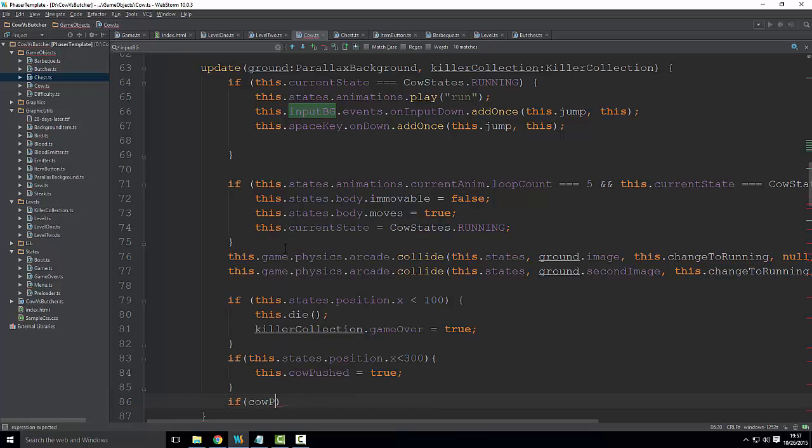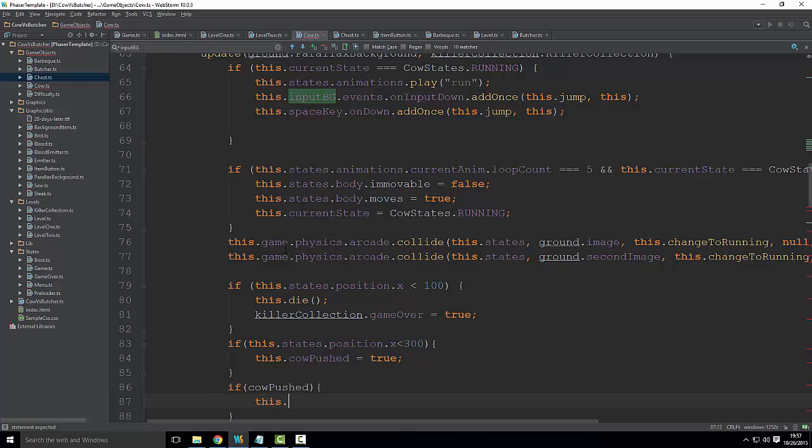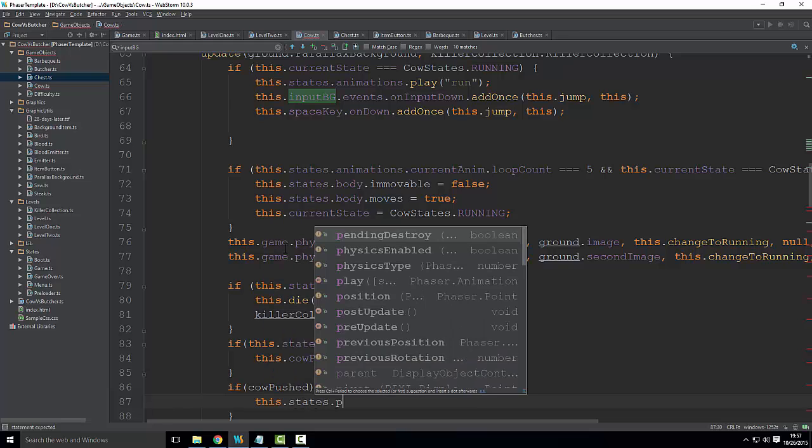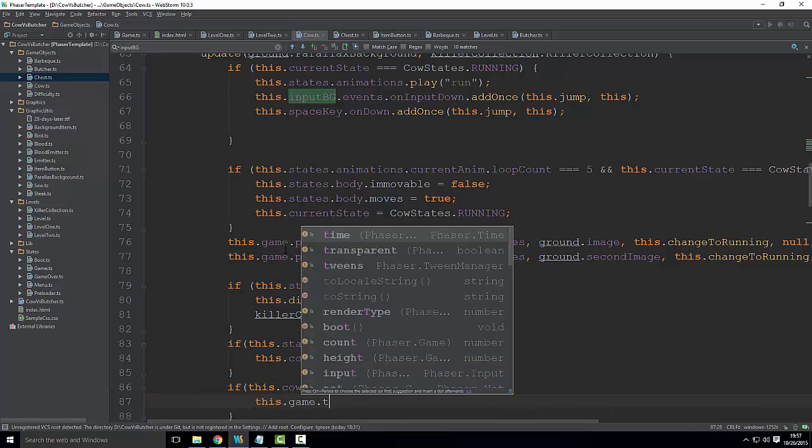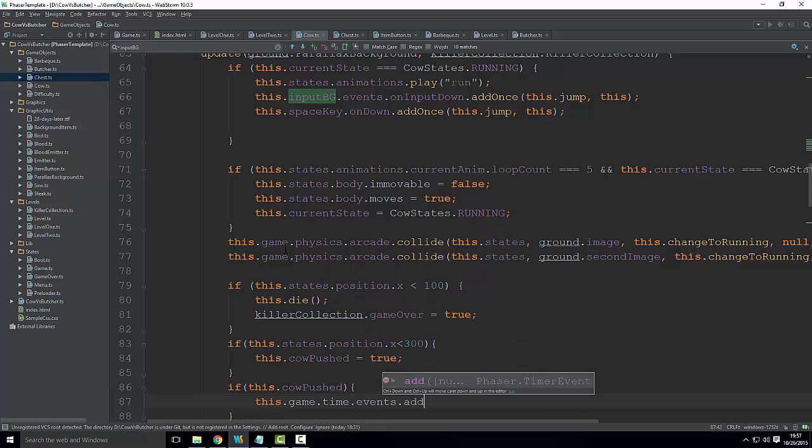cow pushed we want to say this dot cow, this dot state dot position dot x. Actually here, if cow is pushed, we want to add an event once for the cow to get pushed, which is a bit weird. So let's see. Let me try that now, and I'll show you what my concern is. So if the cow is pushed, we want to add an event. This dot game dot time dot events dot add once. I don't even have an add once. So after, let's say, 2 seconds,